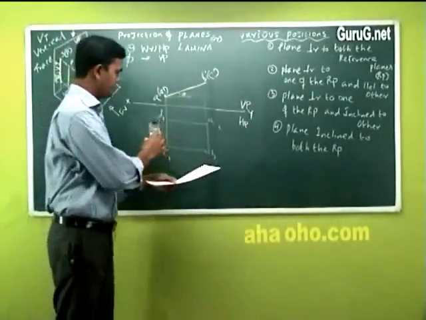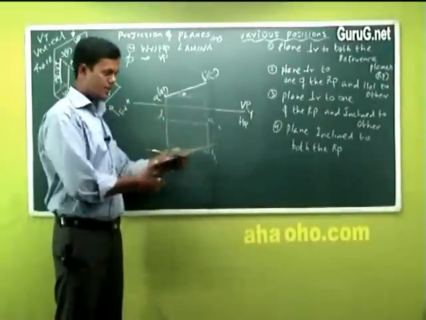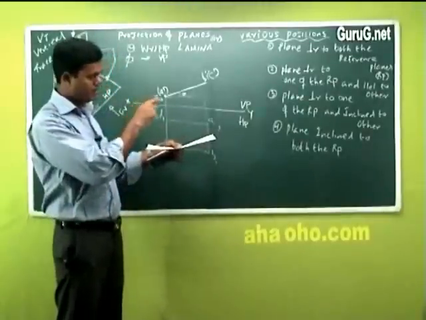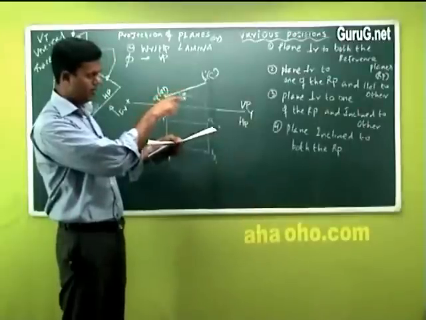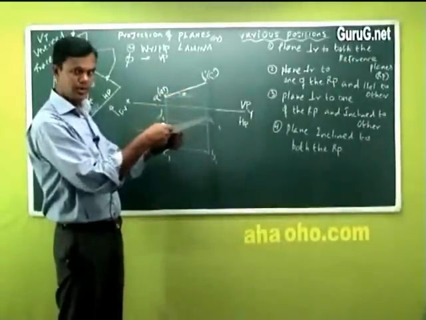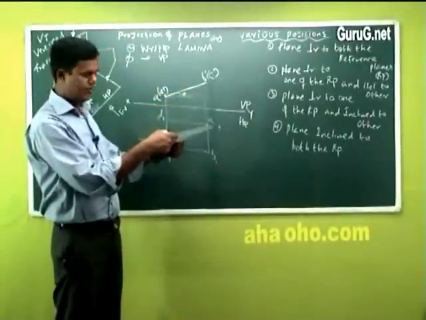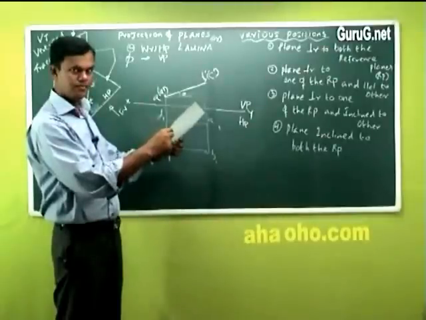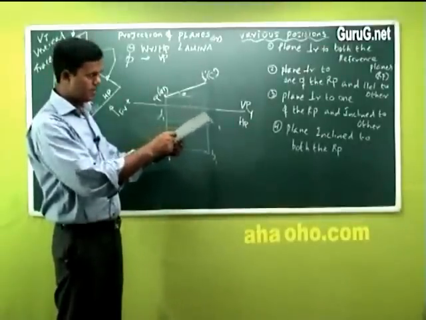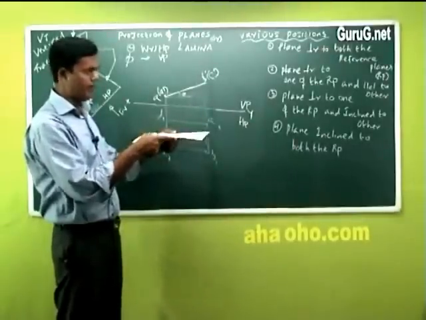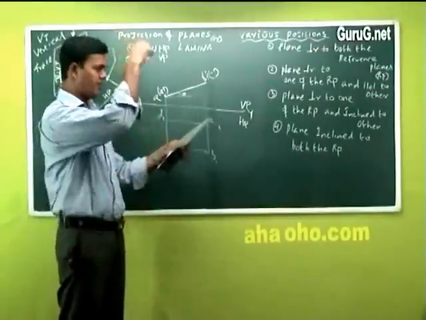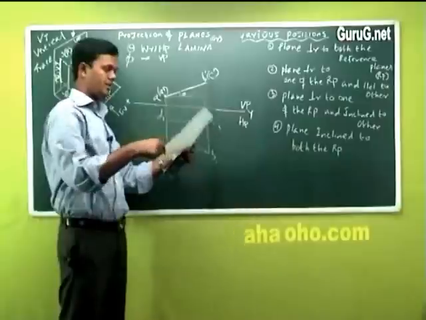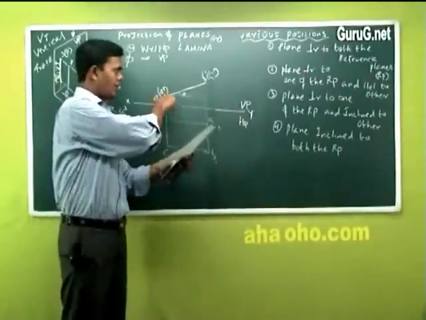Okay? Now from the top view, what I can see: the plan is to keep the plane perpendicular to one of the reference planes. We made it perpendicular, and inclined to the other, we made it inclined. Clear? Now we have made it perpendicular to VP and inclined to HP. This is correct. When you see from the top, I see point number I. See, the position is like this. I have drawn like this.